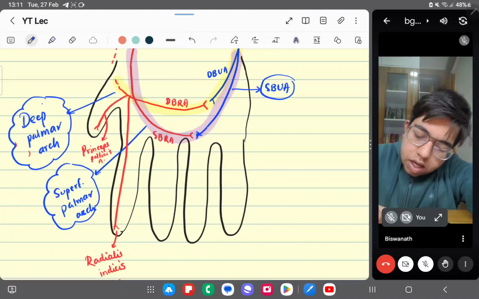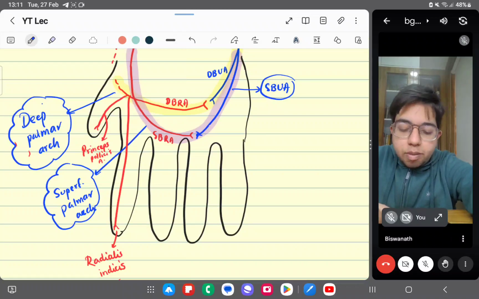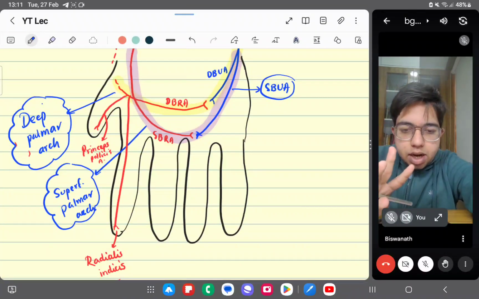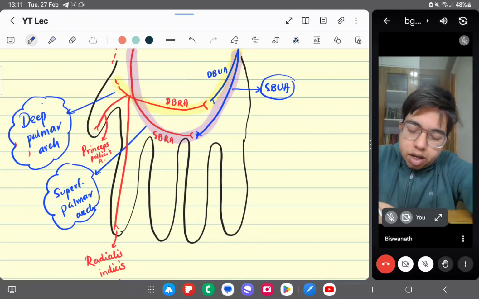First thing, it will give common arteries to the fingers. We call them common digital arteries. It will give three common digital arteries and one proper digital artery. So, first one,